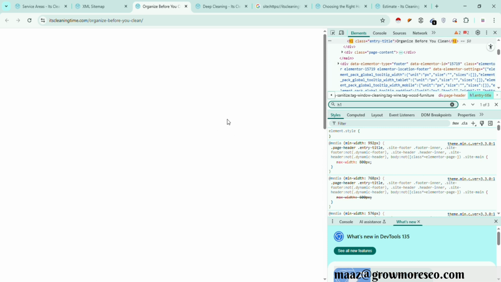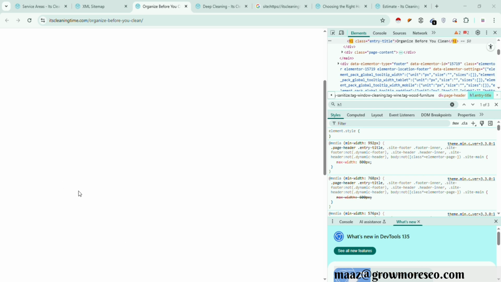So I have a sheet where I have already analyzed their pages, what they have done. If we click on Cleaning Time pages, I'm really sorry, the laptop is causing some trouble. A lot of overload it has. So if we check out their pages,